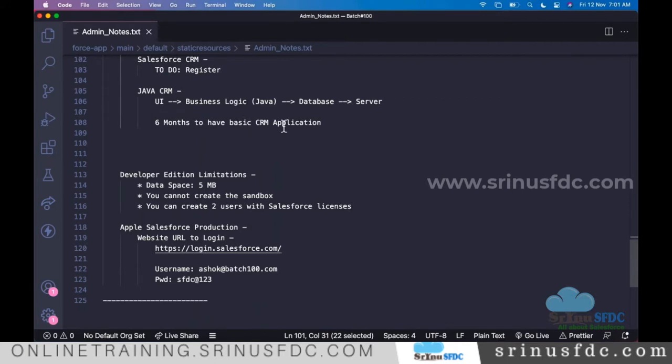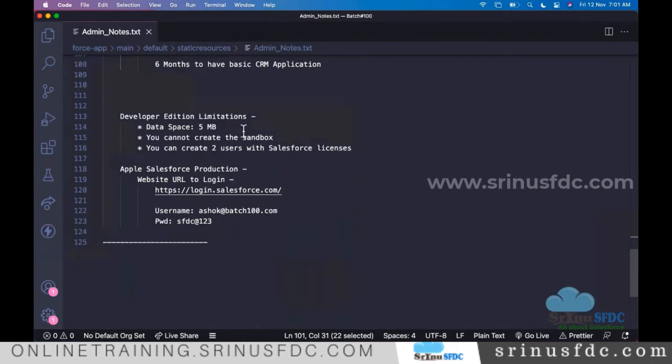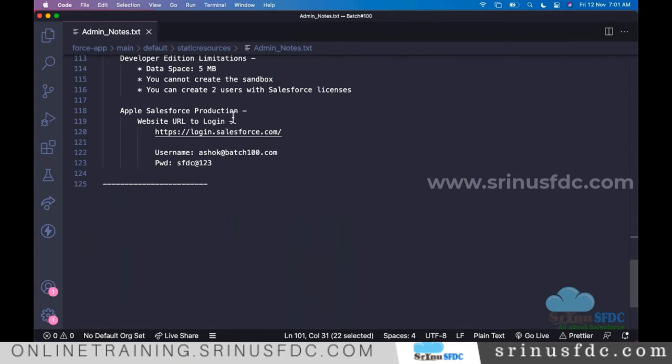If we register for a Salesforce account, what we get is the Salesforce production. All the real employees of the Apple company will log into the production and use the CRM application.